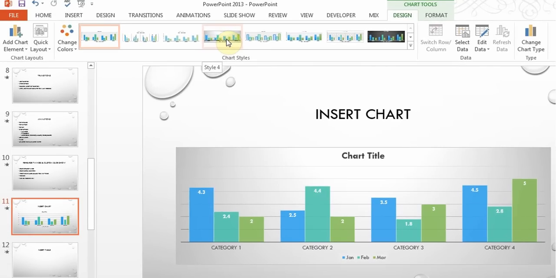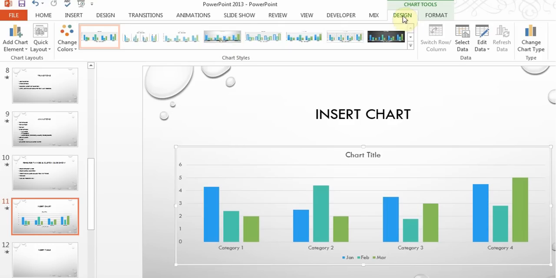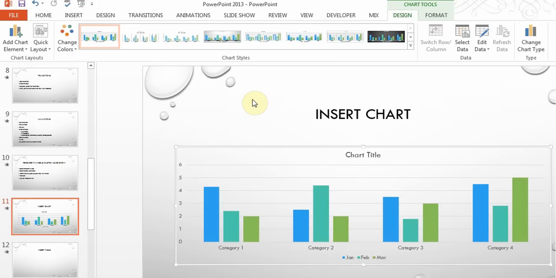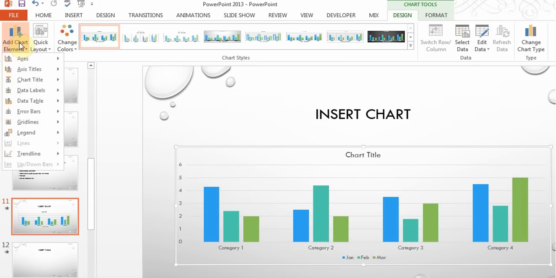So you see, this one is saying style 4, and in the exam for this one, when you point to it, you will get the option. So this is in Chart Tools Design, and if they wanted to change the coloring option, you can do that. And here is add chart elements, which is, they might say add the primary axis, or they might say add grid lines,